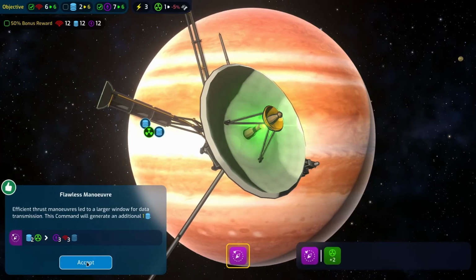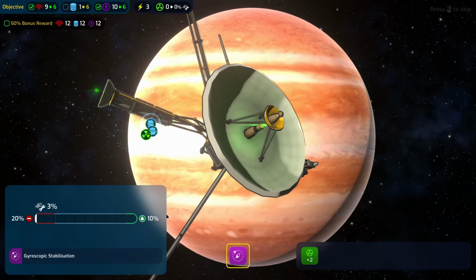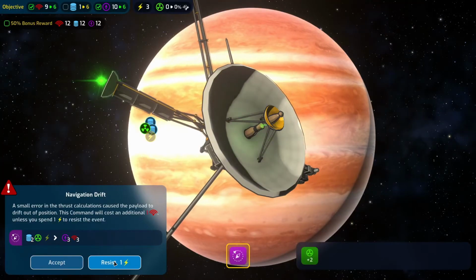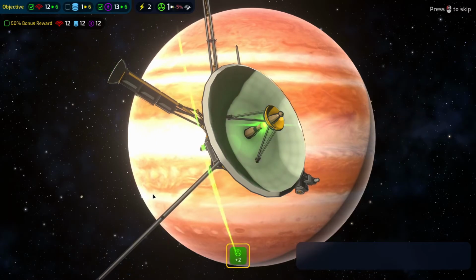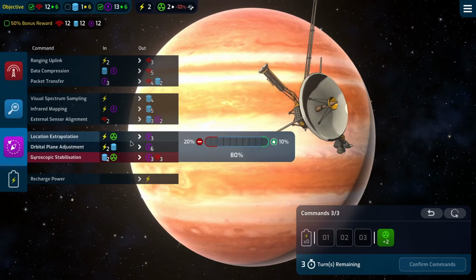93, bargain. So we gain additional data, which is what we do need, and a failure. Okay. That's going to use an extra comms. So yes, I want to resist that because the comms will be done at the end of this turn. Yep. And we gain another 2. Brilliant. Okay, so